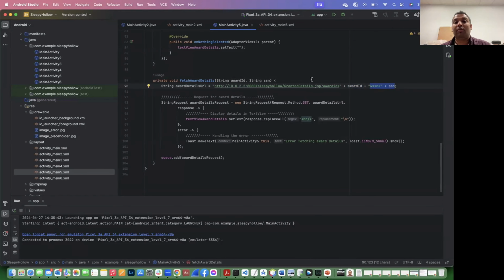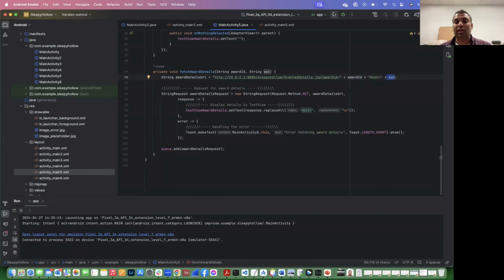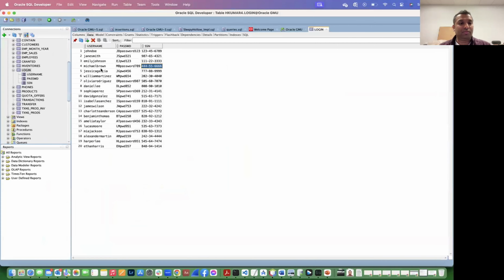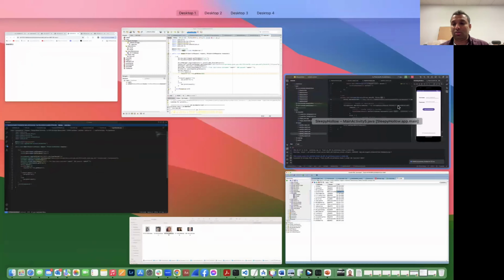That's why we got the award details, award ID format. So let's run this and then see what we can get from this one. Earlier we worked on Michael Brown. Let's see if Jessica Garcia works or not. So let's go